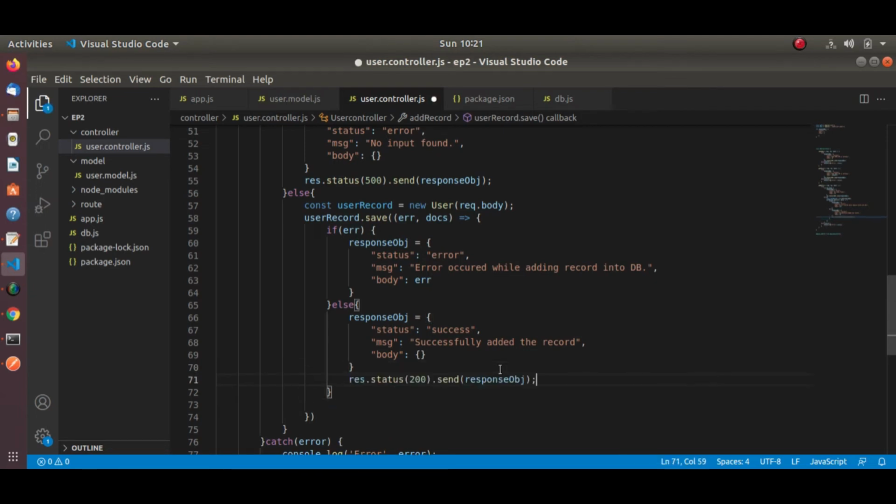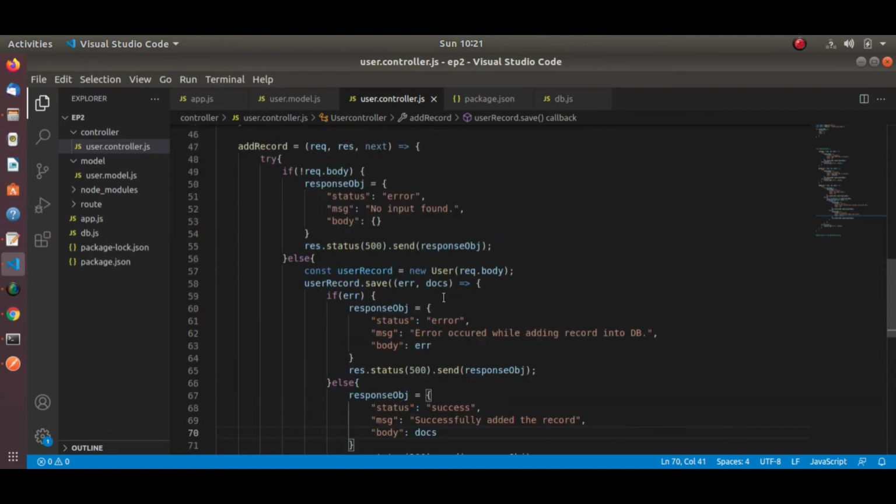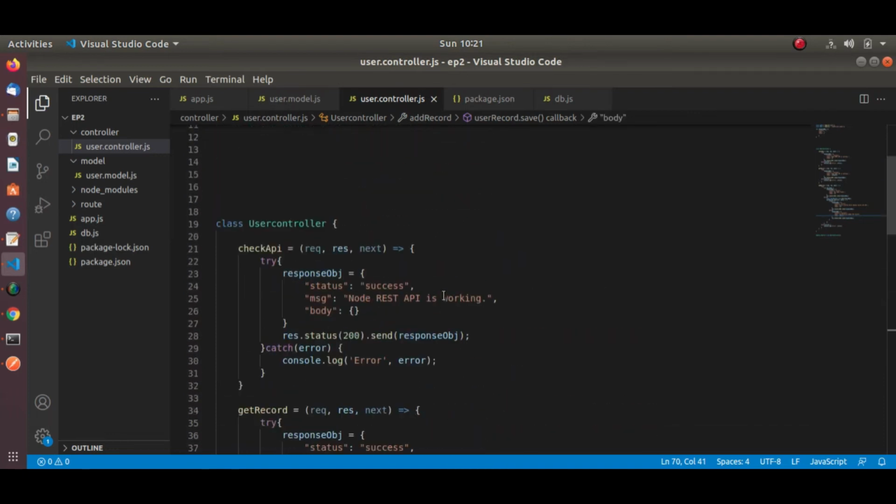We can also add a status code here, and for the error response let's change the status code. Here in the body part, let's append the returned docs from MongoDB. Now this is ready, so let's test it.